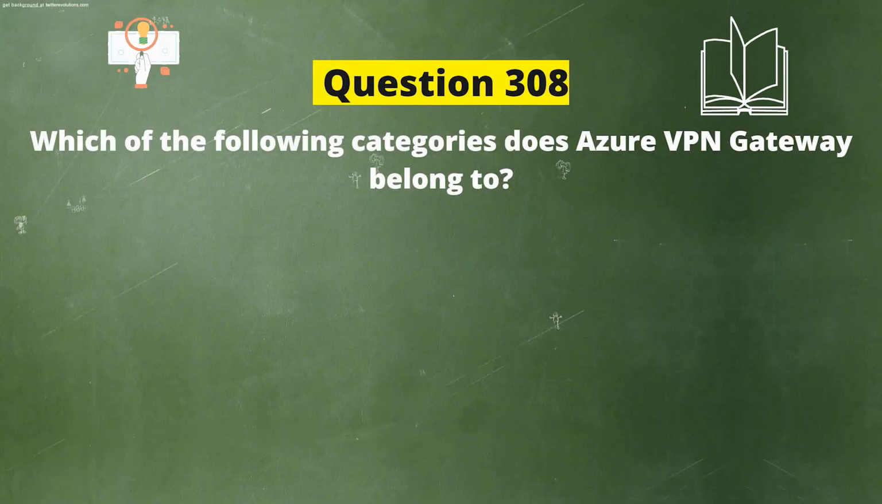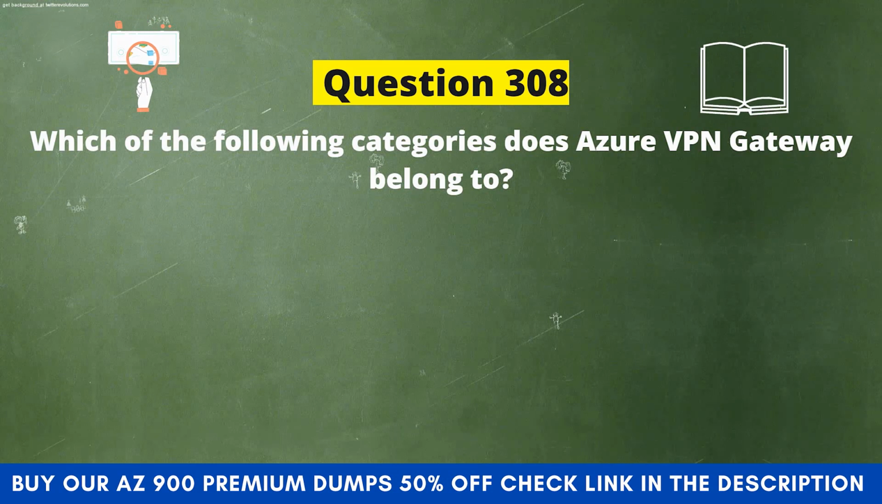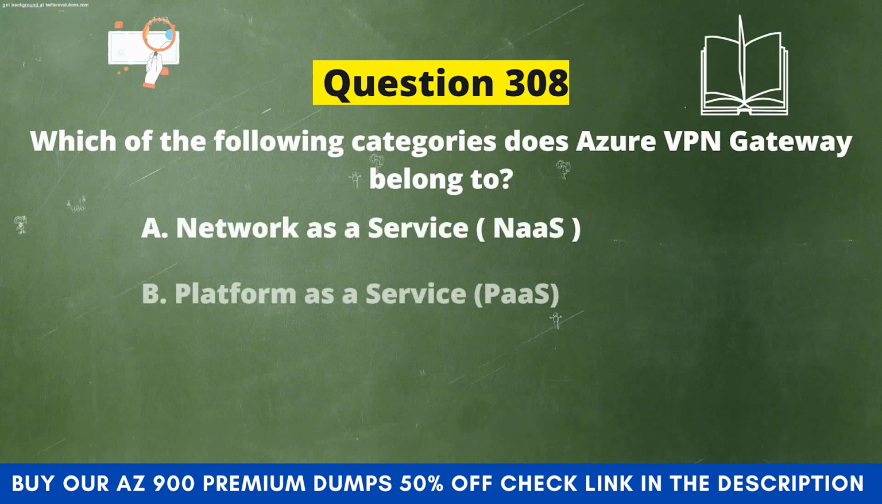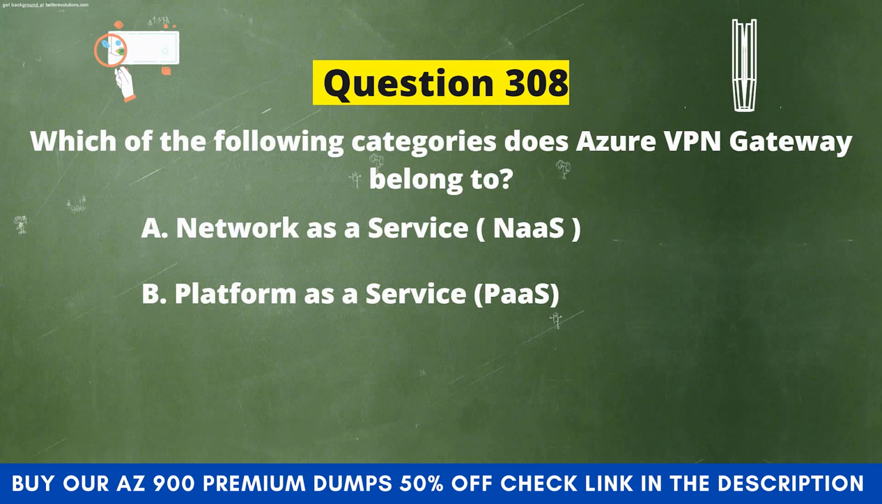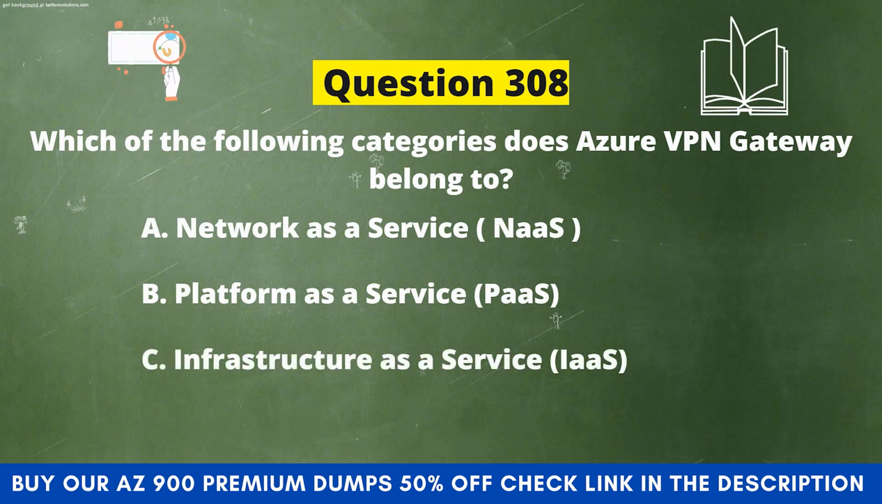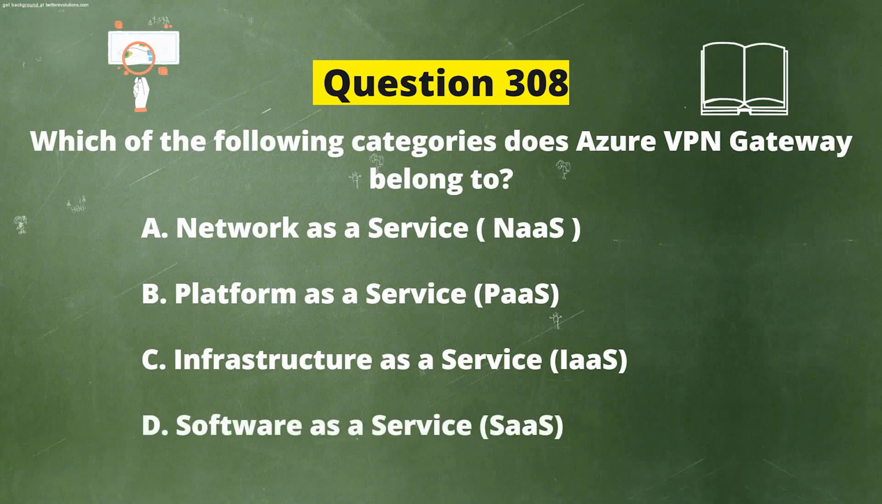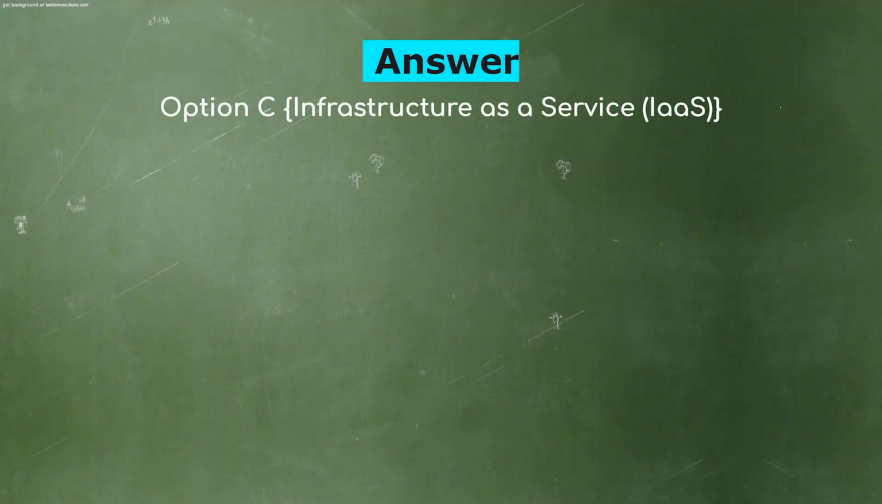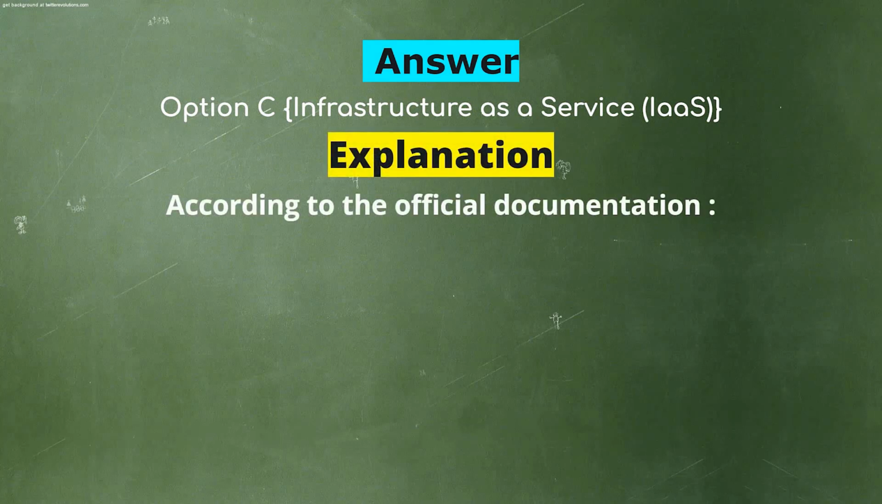Next question. Which of the following categories does Azure VPN Gateway belong to? And the options are A. Network as a Service, NaaS, B. Platform as a Service, PaaS, C. Infrastructure as a Service, IaaS, option D. Software as a Service, SaaS, and the correct answer is option C. Infrastructure as a Service. Explanation. According to the official documentation,